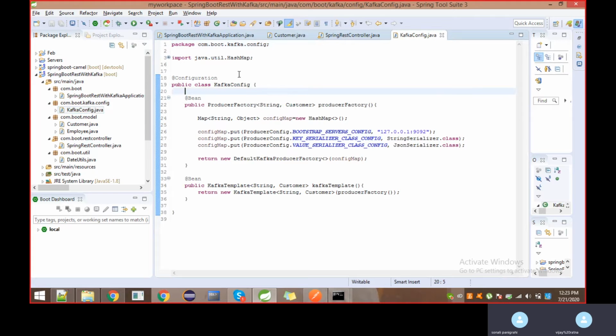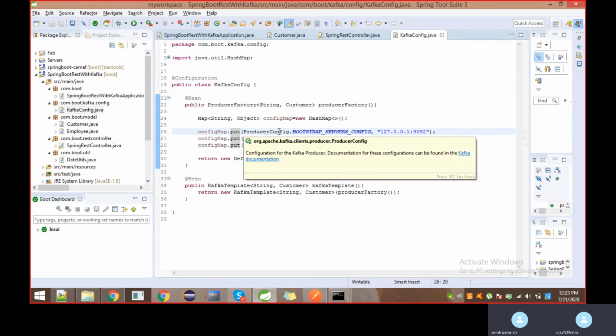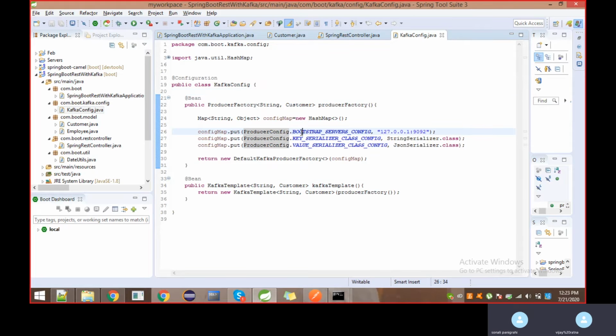Before that, we should do some configuration as well. Here is my configuration class for Kafka, with default parameters like key value pairs. In the Kafka server config, if you observe, 9092 is the listen port of Kafka, and 127.0.0.1 is the same as localhost.